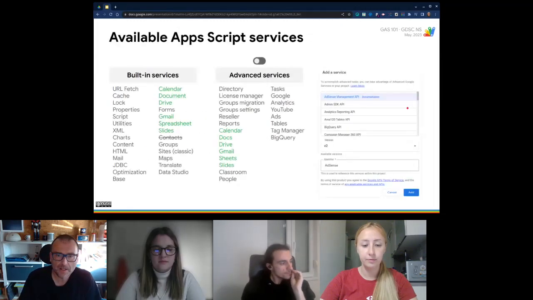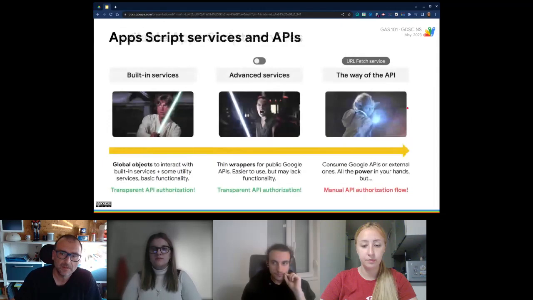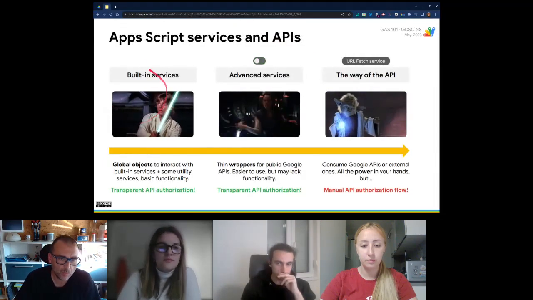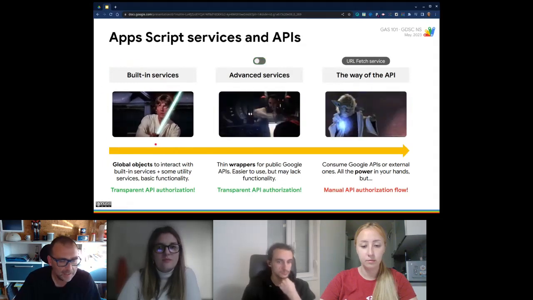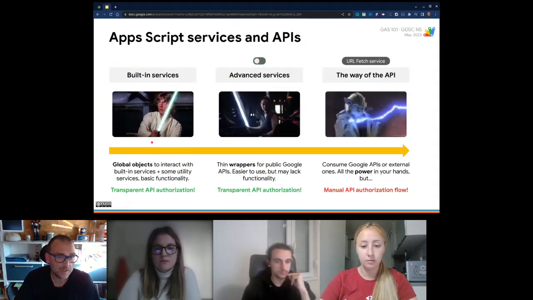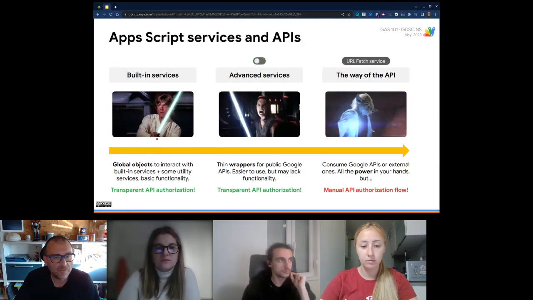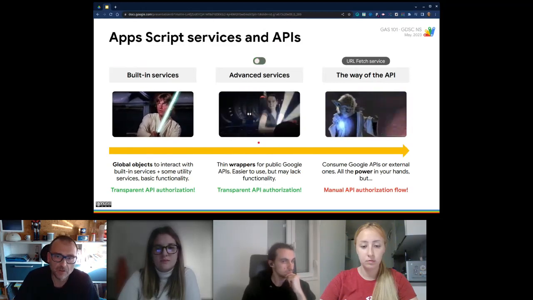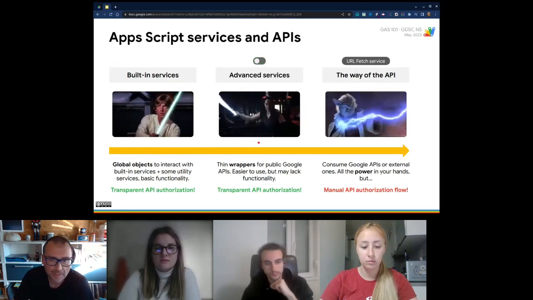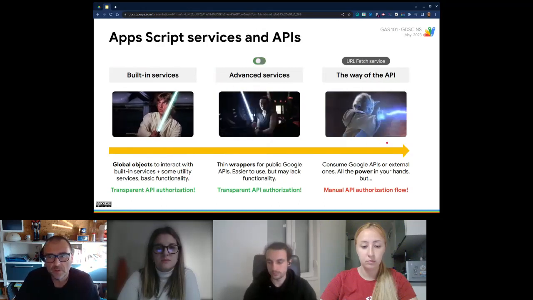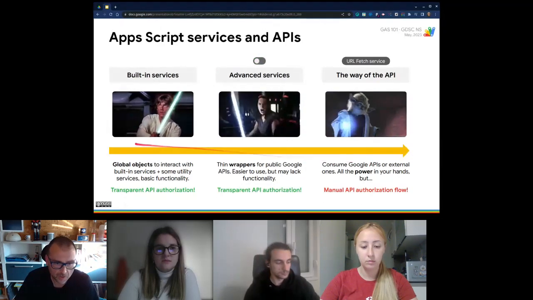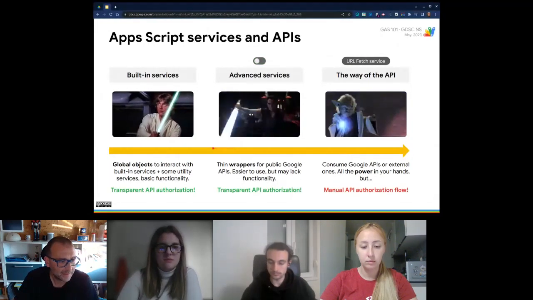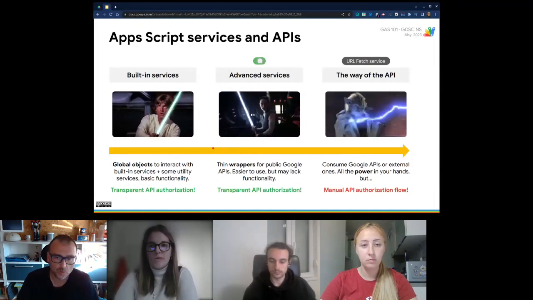So let me go back for a minute. Whenever we try to pull something off with Apps Script, we'll start here using the built-in services. If we cannot do it because it's out of reach of the capabilities of these services, we'll move to advanced, and then if it is not possible to perform it even with advanced services, we'll have to move to APIs. That's right. So that arrow marks our line of movement, the line of movement we should try to stick to.